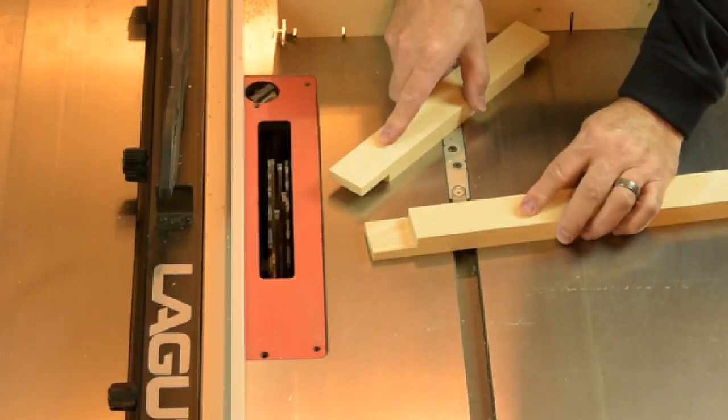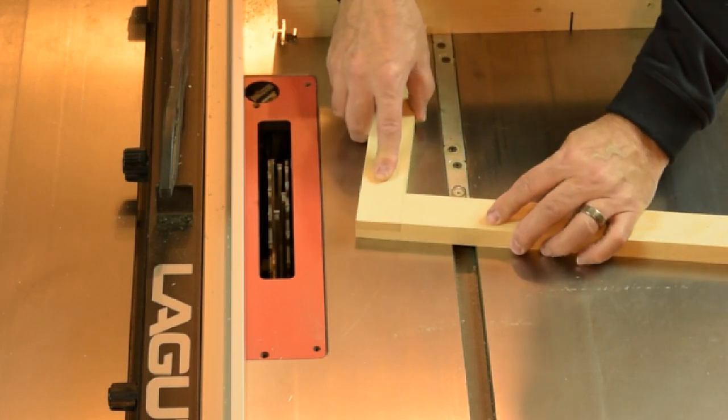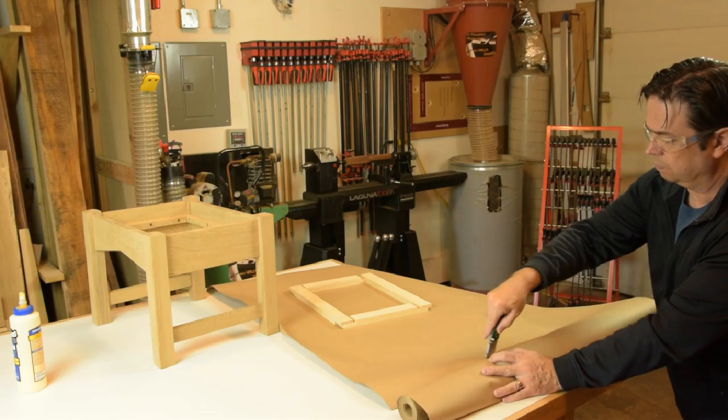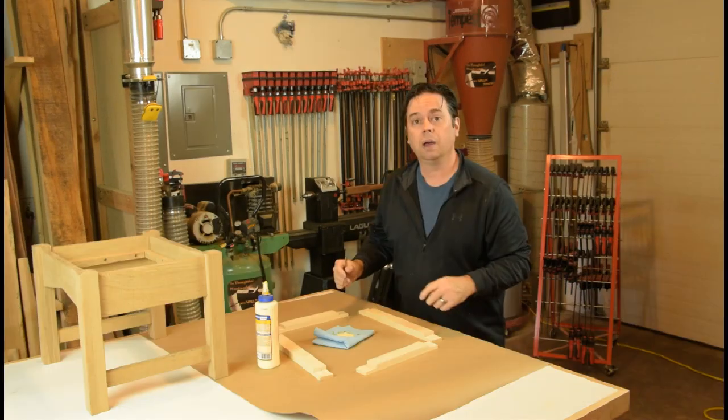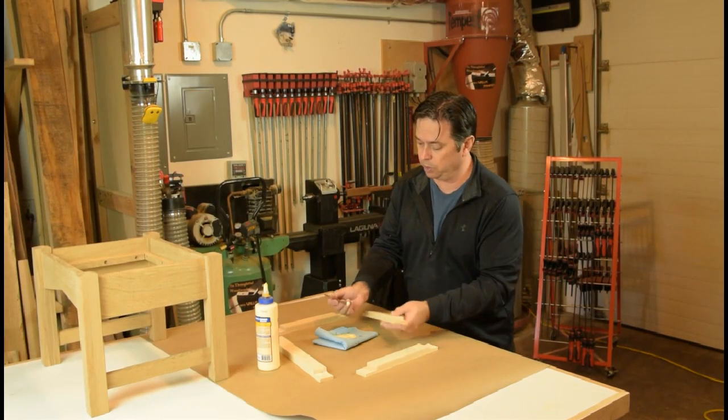And now with our blade height adjusted correctly, the parts just slide together and make a nice half-lap joint. Okay, with all the joinery cut for the seat frame, we're clear to go ahead and glue up the half-lap